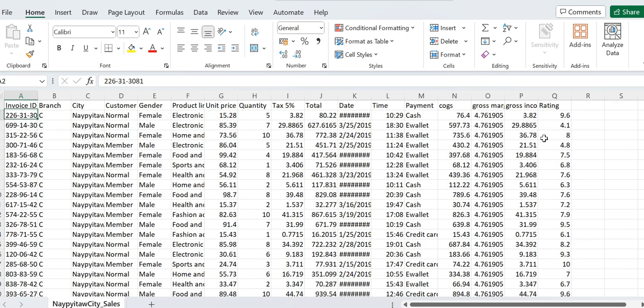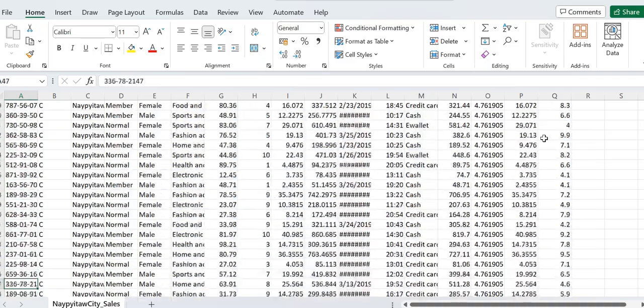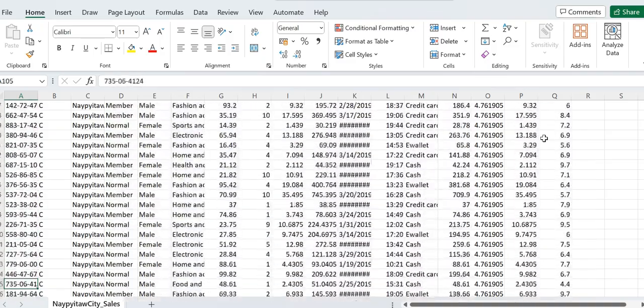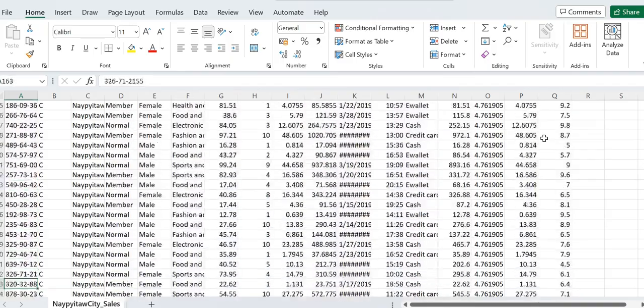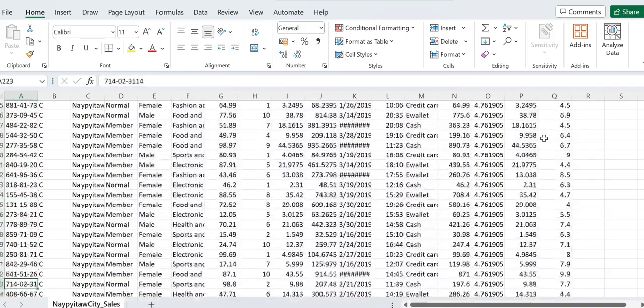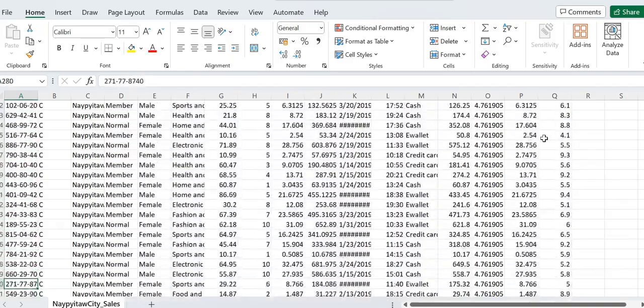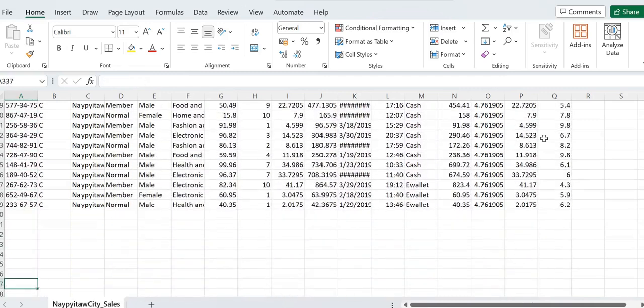So now we will see how many line items or rows there are in this Naypyidaw city sales. There are a little more than 300 values. So we can combine these two datasets and the rows of one dataset can be loaded into the rows of another dataset.